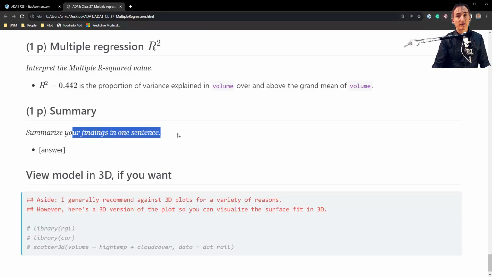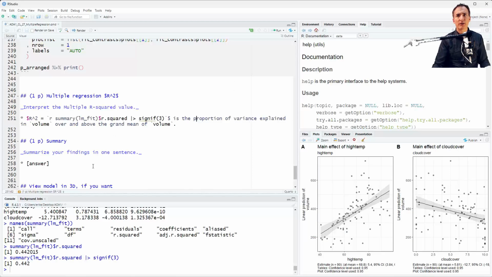Let's summarize our findings. All right, what do we want to say here? Basically, does the model fit the data? How much variance does it explain? Was it useful to do? So I would say the regression